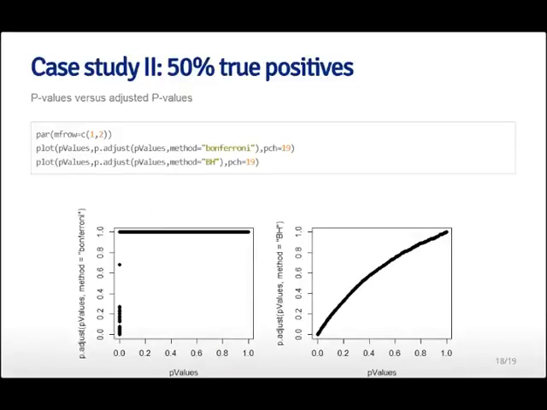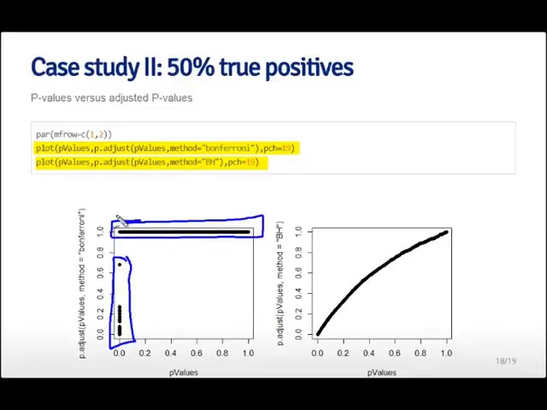So the other thing that you can do, although this is not necessarily useful for performing the hypothesis test, it's useful for understanding what p adjustment does. So I can plot the p-values versus the adjusted p-values corrected for both the Bonferroni method and the Benjamini-Hochberg. In the case of Bonferroni, what I'm doing is I'm just taking each p-value and multiplying it by the number of tests that are performed, so in this case multiplying it by 1,000. So you can see the very smallest p-values are still less than 1. But then after I get to this point here, all of the p-values multiplied by 1,000 are equal to 1 or greater, and so